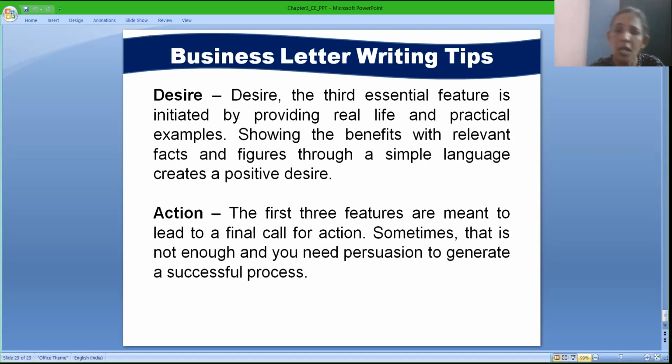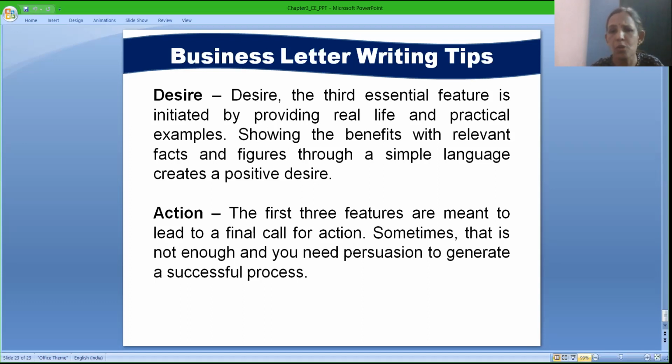So whenever we talk about writing letters, we understood in this particular chapter that business letter writing is not an easy task. When we write a letter, we have to follow a proper step. We start with the address, that is the heading, then we move ahead with the salutation, then we talk about the body part, then we come to the subscription, and then we follow up with the supportive documents. The letters can be of different types. The letter format has to be followed, and the writing tips of the letter should be kept in our mind.